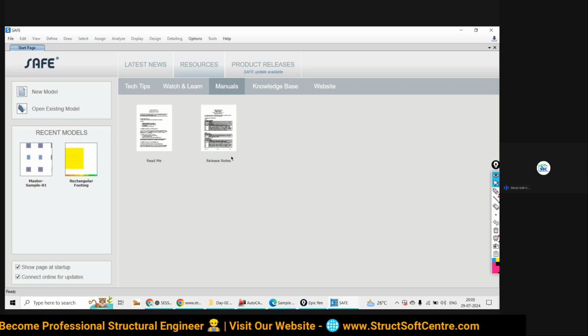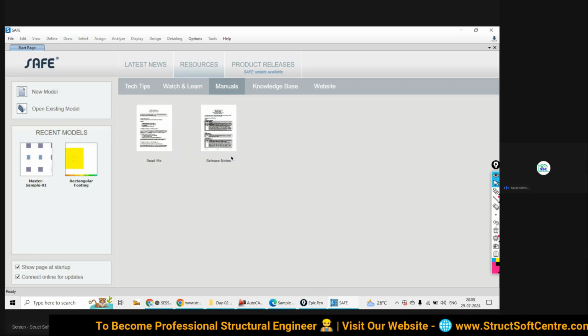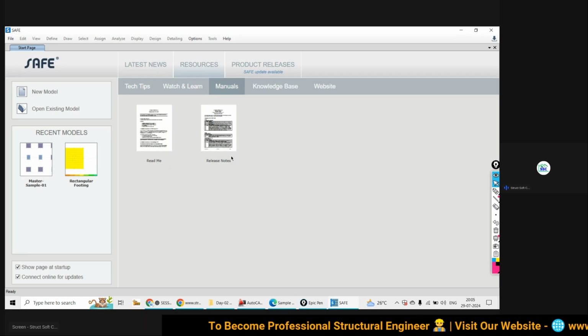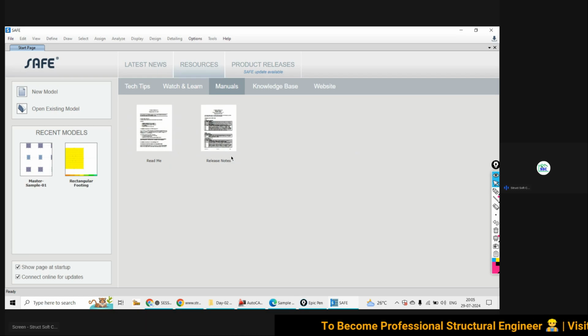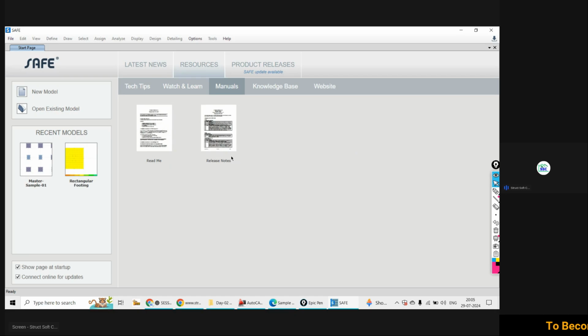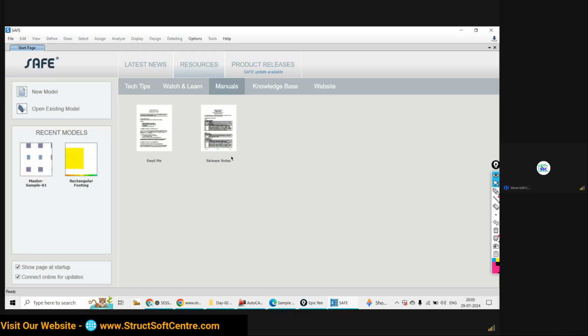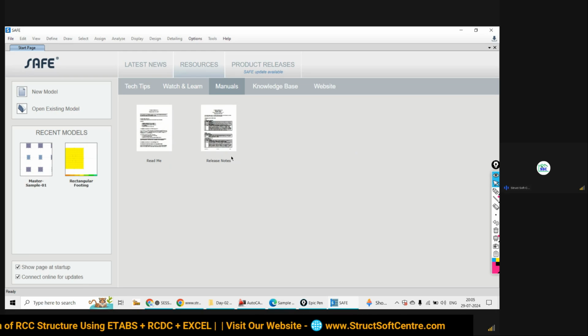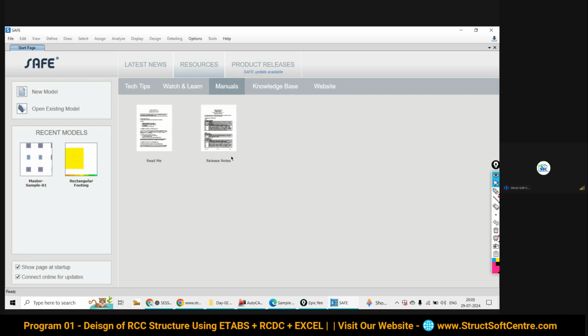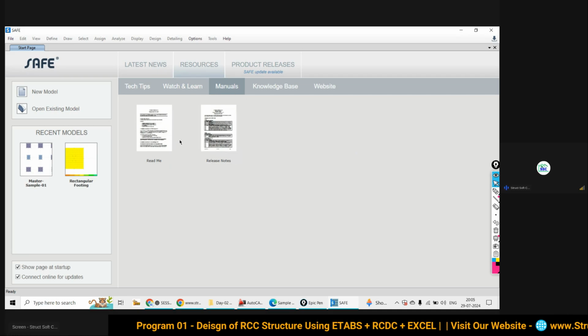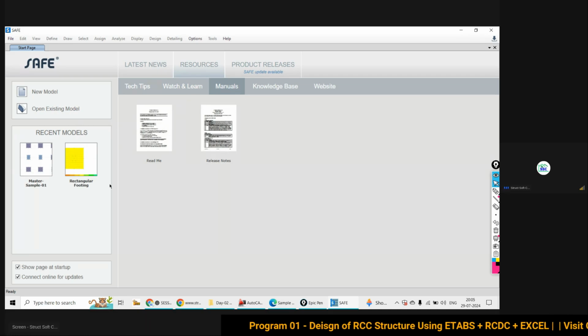We all know that if you purchase any gadget, it comes with a user manual. Through reading that user manual, you come to know the introduction about that gadget. Likewise, the software also gives manuals to read about the software, right?